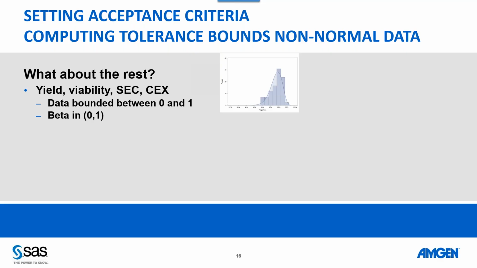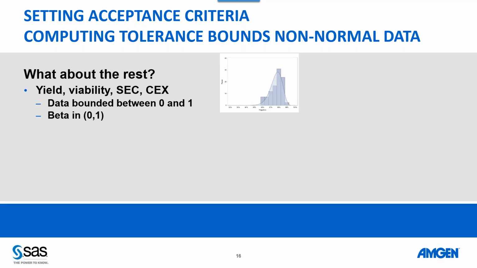Also, a normal distribution is defined on the real line from minus infinity to infinity. And what happens, and we see this a lot, is people may use a normal distribution for this type of data, and you may end up with a limit that is greater than 1, which makes no sense from the science point of view. Or if you're on the other end, you may end up with limits that are negative. And then what people do is, oh, okay, well, it's negative, we'll just truncate it and set it to 0, which is not a good practice